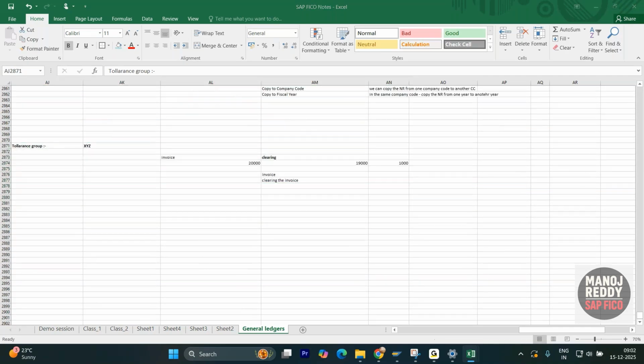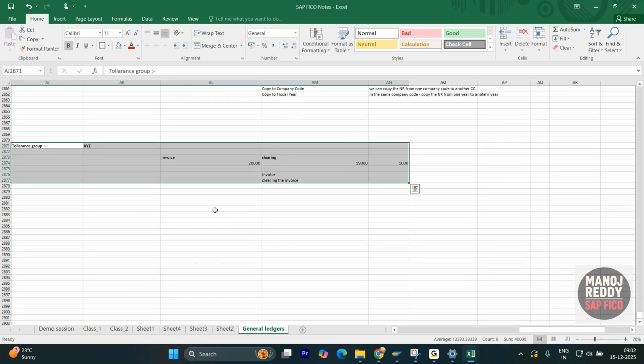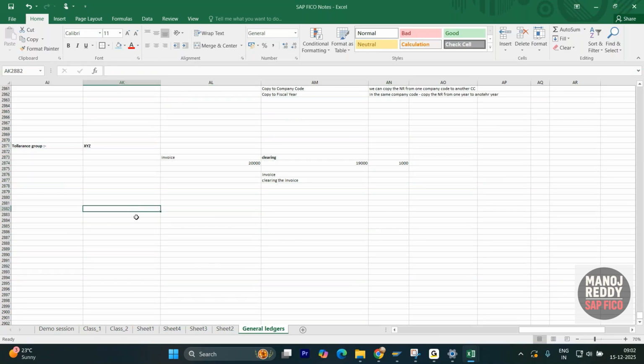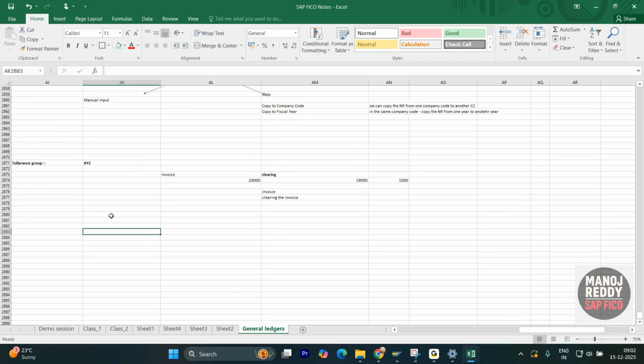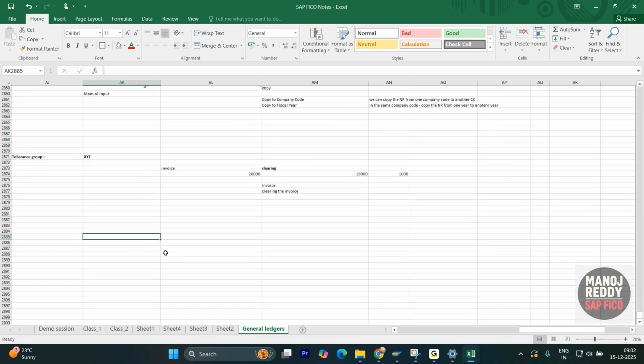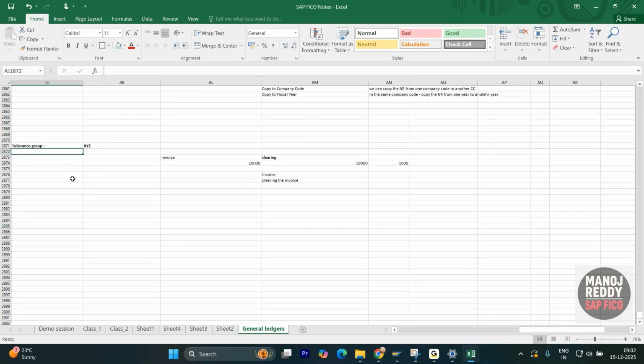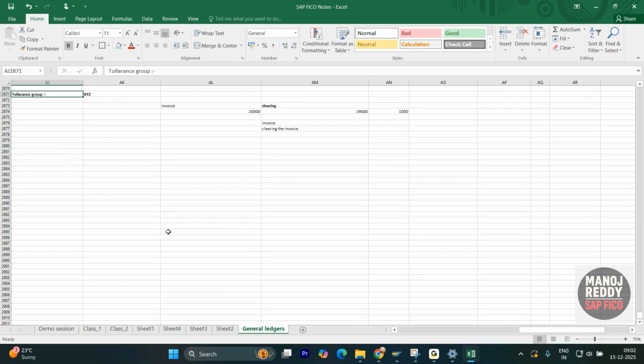It would be a very long concept, so it will take around 30 minutes. I'll be explaining it in detail because in real time your tolerance group will play an important role. But normally when you are doing the configuration, you don't spend much time on the tolerance group. But tolerance group is a very important concept. Okay, we'll be explaining it in tomorrow's class. Tomorrow's class we'll be discussing tolerance group,